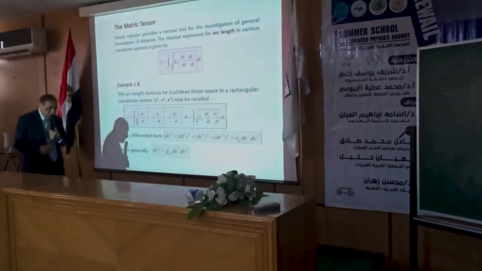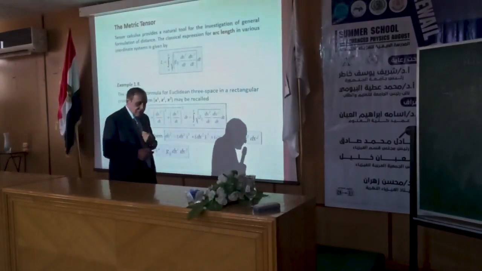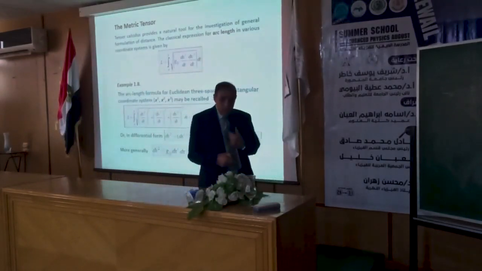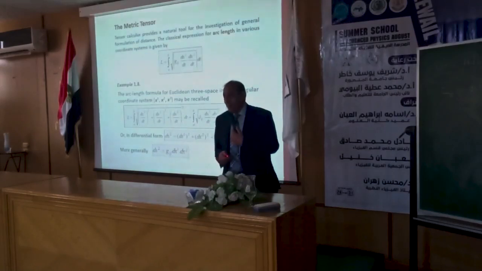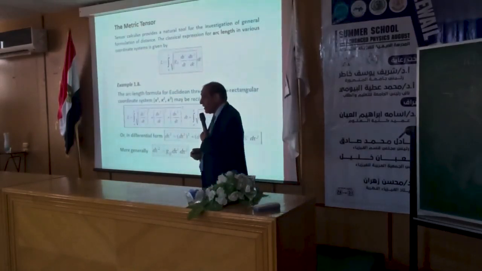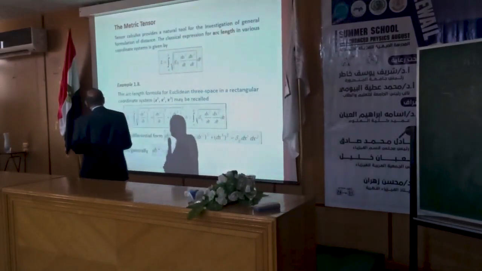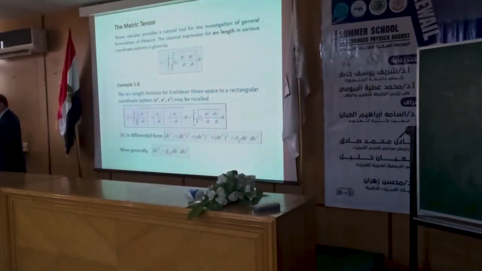Now I will go to a quantity which is very important in general relativity. But let us look at the classical idea of this quantity. This quantity I call the metric tensor. We will see more about it, and we will find that the metric tensor is an essential element in general relativity. But for the time being, let us see how we go about it. I start with the classical